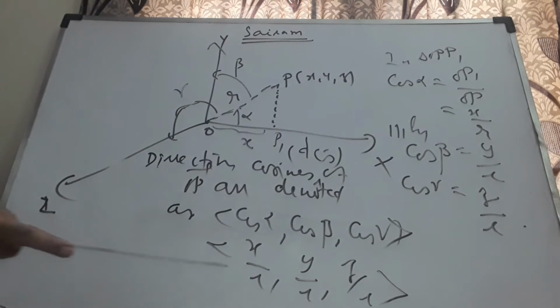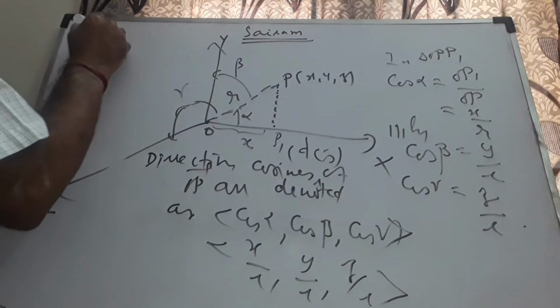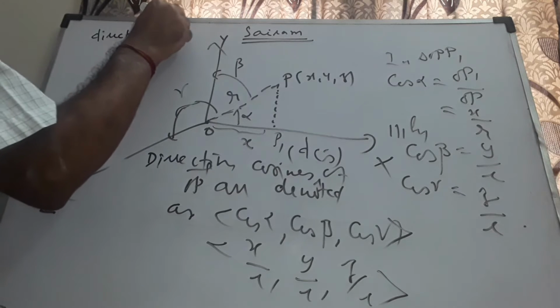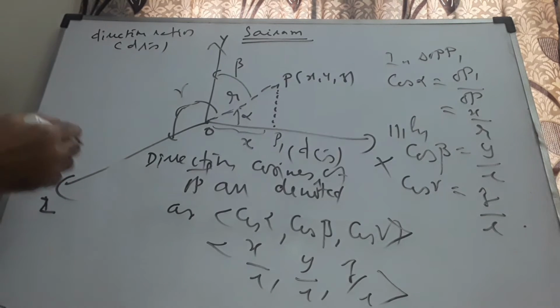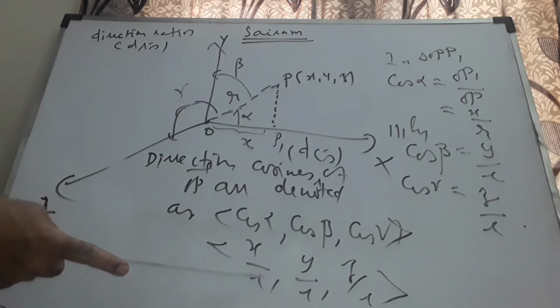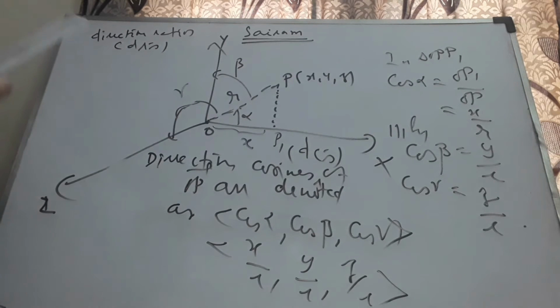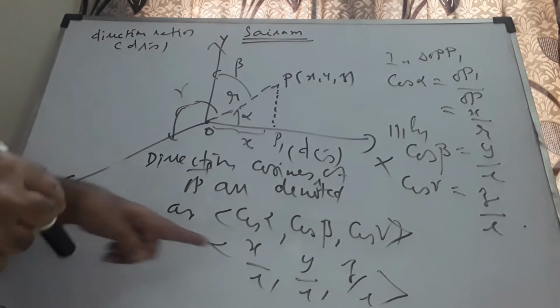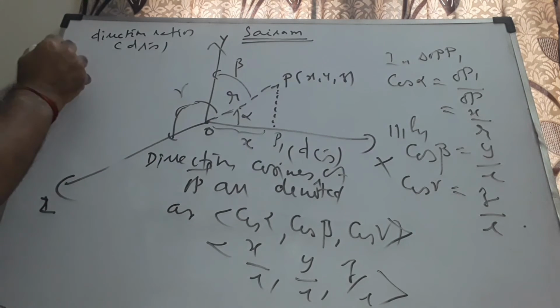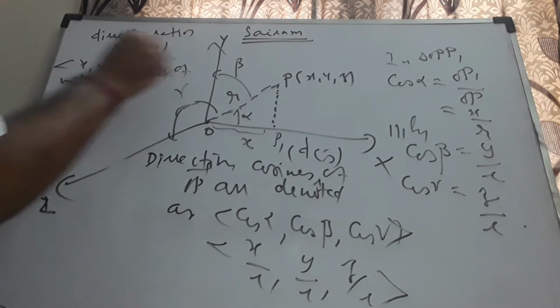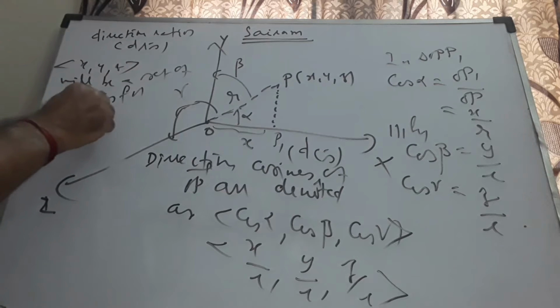Then we have one more definition. Any set of values which are proportional to these three values are considered to be a set of direction ratios. We call them direction ratios, in short form DRs. Actually, I can keep on multiplying throughout by 1000 r, by root 3 r, by root 2 r, by 7 r. The same number can be multiplied throughout the three values. Therefore, the simplest possible choice is multiplying throughout by r. Therefore, x, y, z will be a set of DRs for OP vector.